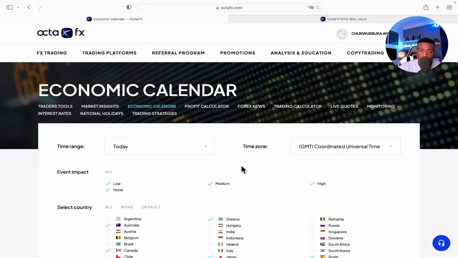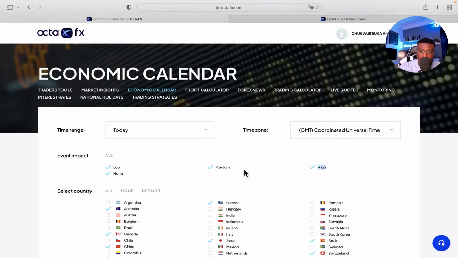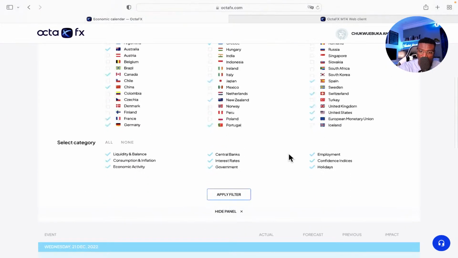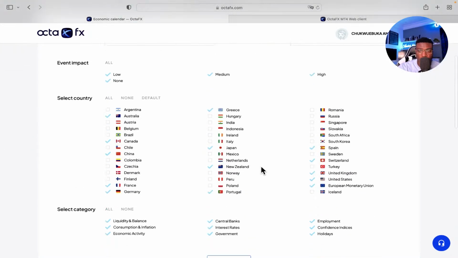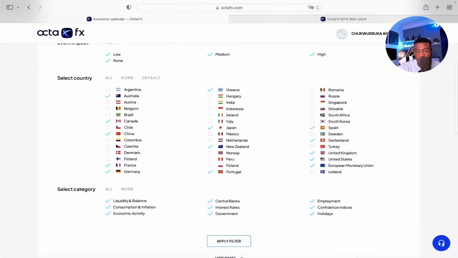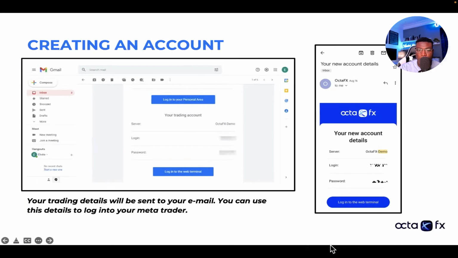You can also choose if you want just high impact news, so you have to untick the rest. If you only want events that have a high impact on the markets, right? You can just use the filters and choose whichever one you want. Okay, so these are some of the things that can help you